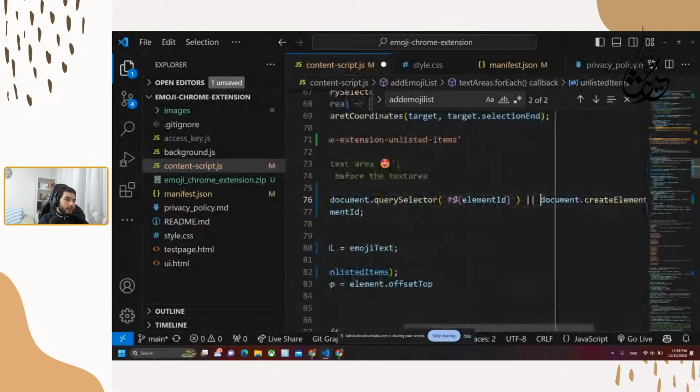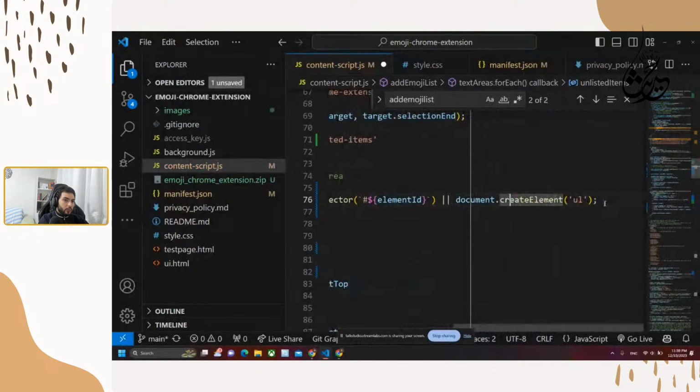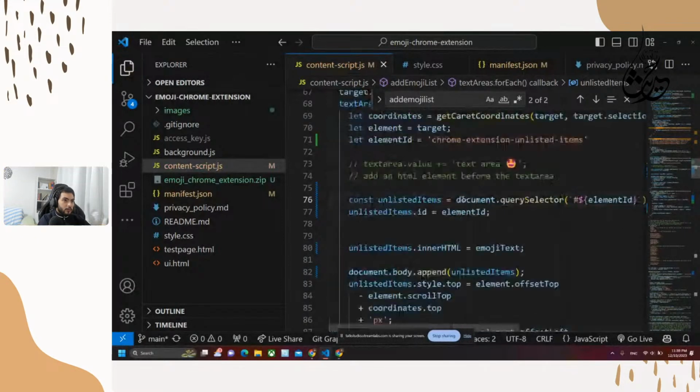So if it's there, it will not do anything. If it's not there, it will go and create a new element. Let's just